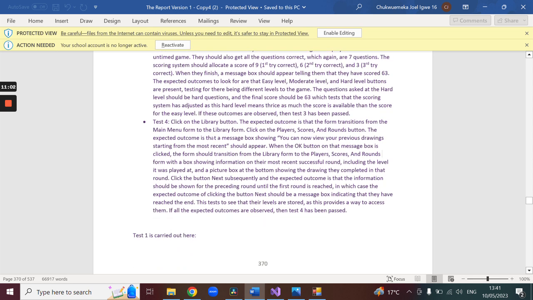Now I'll click on the library button. The form should transition from the main menu form to the library form. I'll click on the player scores and rounds button, and the message box showing you can now view your previous drawing starting from the most recent should appear. When the OK button on that message box is clicked, the form should transition from the library form to